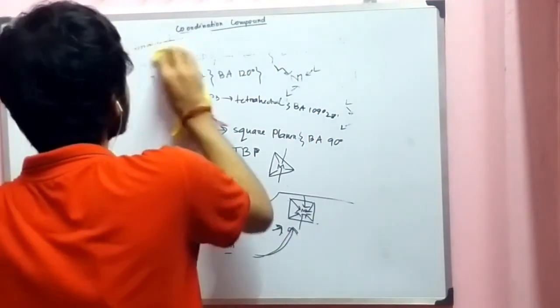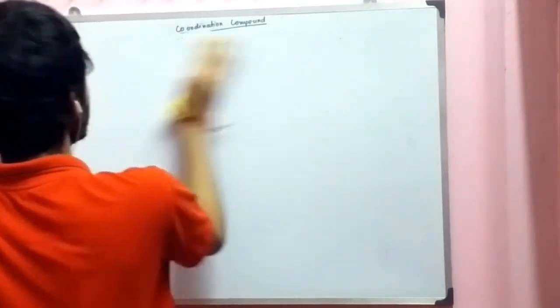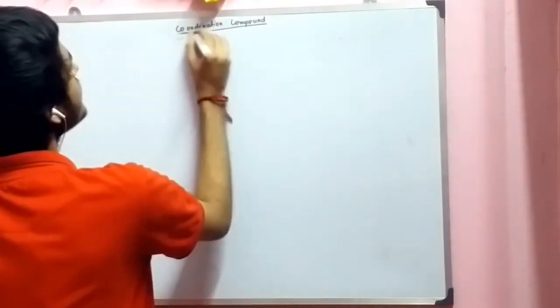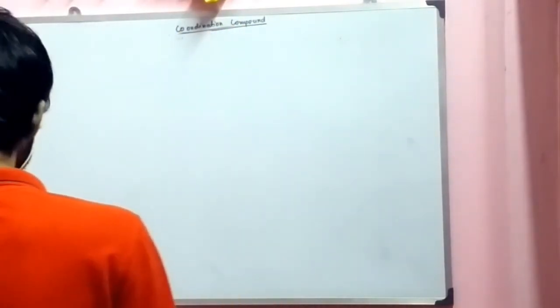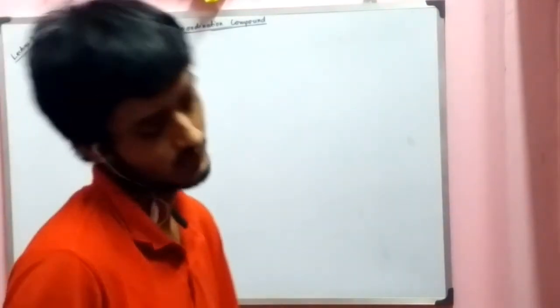We have done the coordination polyhedron full. We will discuss the subsequent part shortly. Let me rub the board. Coordination compound. The next part here comes. Okay, so here the main game begins.